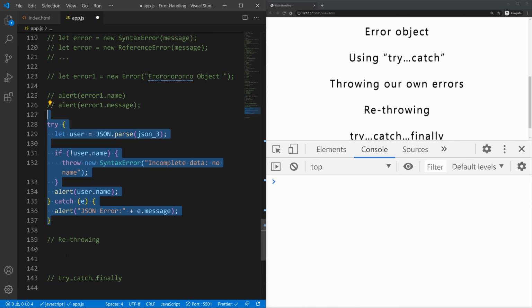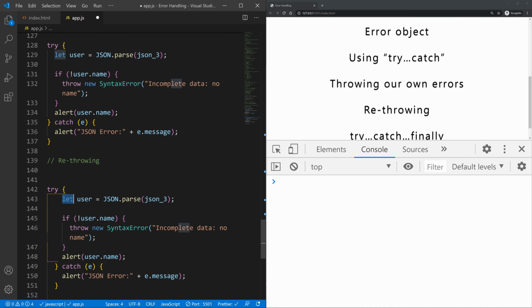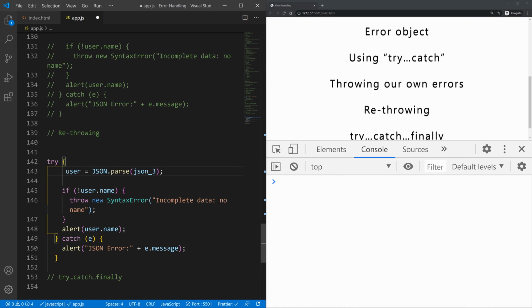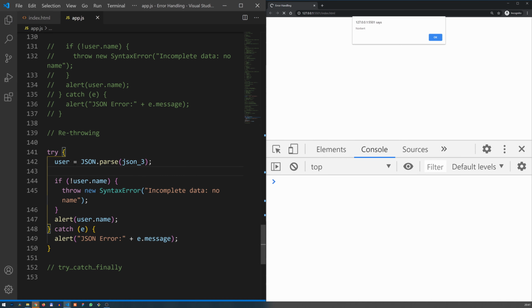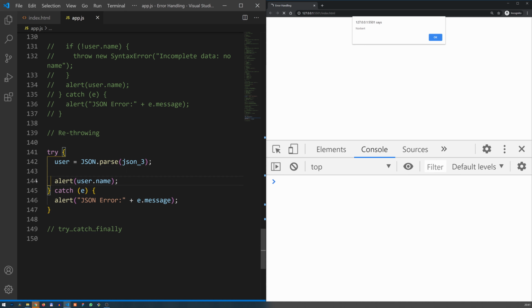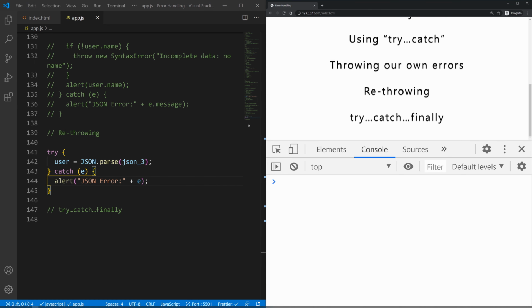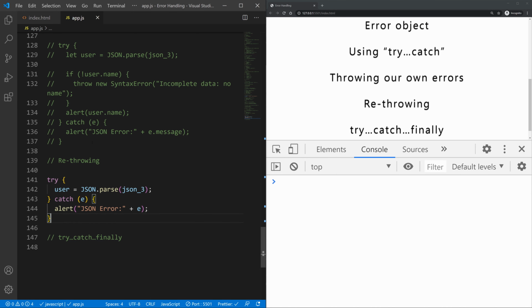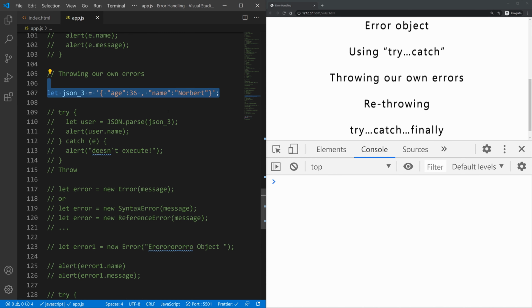Let me copy this and change it a bit. First of all, let's comment this out. Let's say I forget to define it with let as a variable, and we don't need this. We just need the error itself. Close the error and close the parenthesis. So let me throw this. Well, actually nothing happens. Do we still have this commented in? Yeah, let me